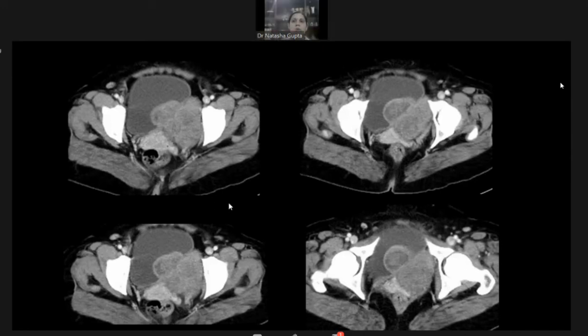Okay, so now what we are trying to look for on the cross-sectional imaging is, number one, the extent of the lesion, the exact location of the lesion, so that we are able to very nicely see there's a smaller intravesical, a large extravesical component, and number two, the relation with the surrounding structures. So very nicely we can see that it is maintaining good planes with the uterus. So again, the uterine origin is completely ruled out, although we had a fairly good idea with the morphology as well. And although we can see that it is reaching up to the lateral pelvic wall, again, we can see that the fat planes that it is making with the obturator muscles are very well defined.